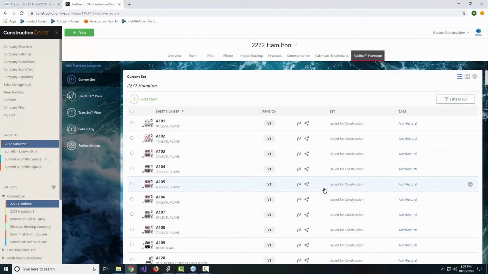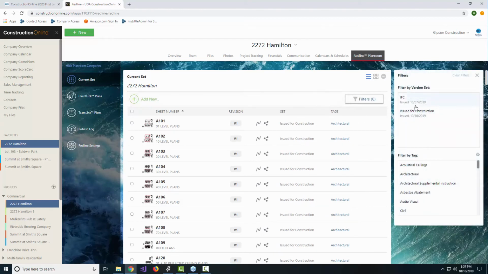We also have a really great question coming in about viewing a complete set of plans in one file, or is it always going to be separated into separate sheets? So, the file does stay together when you upload a file. In this case, this is a single PDF that had 158 sheets in it. Because those are sheets, we will always be looking at a specific page. This file stays together, and if you're thinking of how it's grouped, part of that is happening by this version set. So the set today, issued for construction, that's all 158 that I uploaded with that particular file